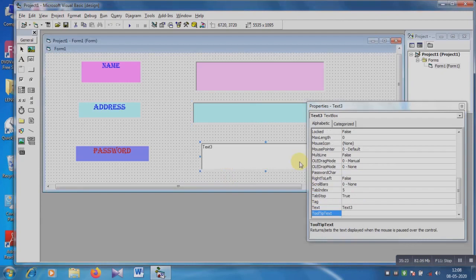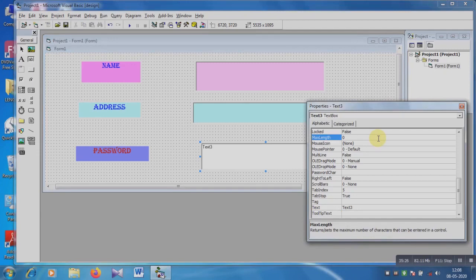And then this is the password, Text3. So maximum length, suppose maximum length 10 characters we can insert in password, not multiple lines. To write a password, multiple lines is not required, so no need to do this.